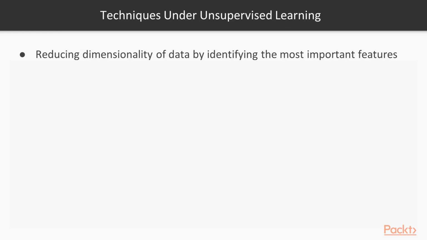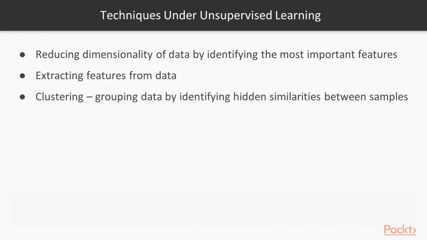We will cover 3 techniques in this section: reducing the dimensionality of data, meaning reducing the number of features by identifying the most important features, and extracting features from data. This applies to data that is raw, for example, images or voice data or text data. In those cases, we don't have the features already extracted for us. There is no table, and we want to extract features which can explain or represent the data appropriately. Another technique that we are going to study is clustering. In clustering, we are grouping data by identifying hidden similarities between samples. So we basically group together all those samples which are similar in some way, and that some way is identified